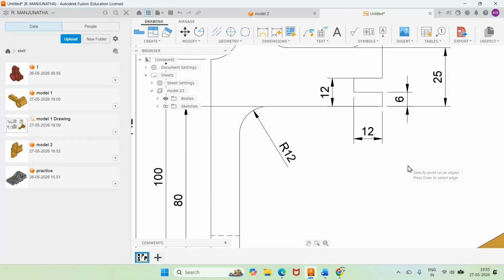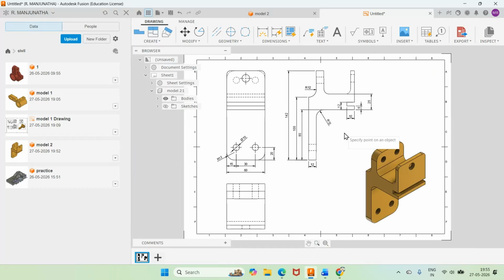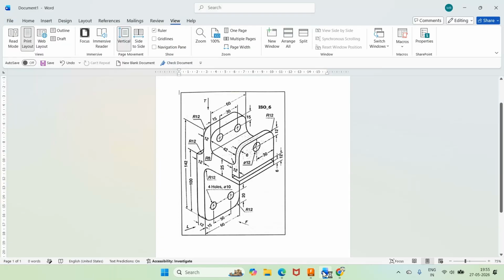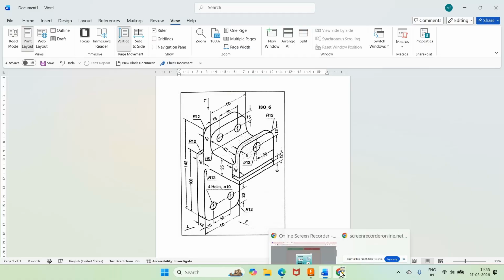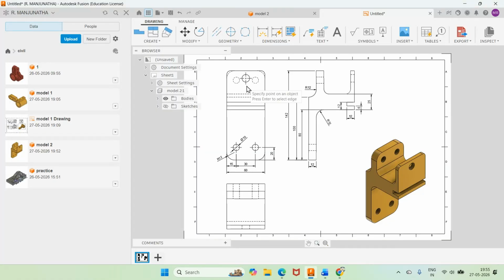Okay. Then you come down to fit. So we have certain dimensions we have here. Okay. Once you do that, now I want to give this whole dimension here. So I will come down to this. I will give,